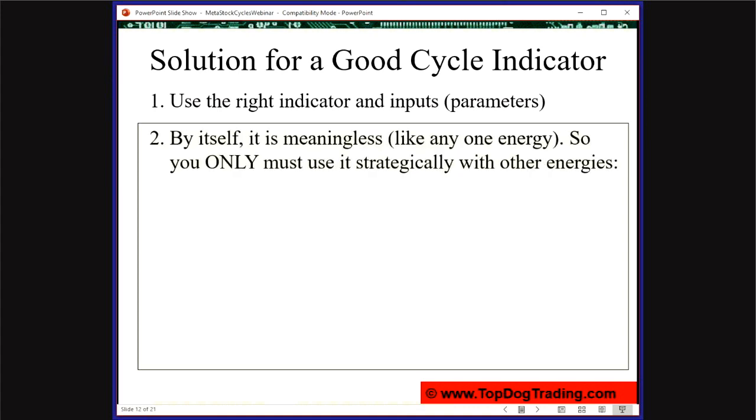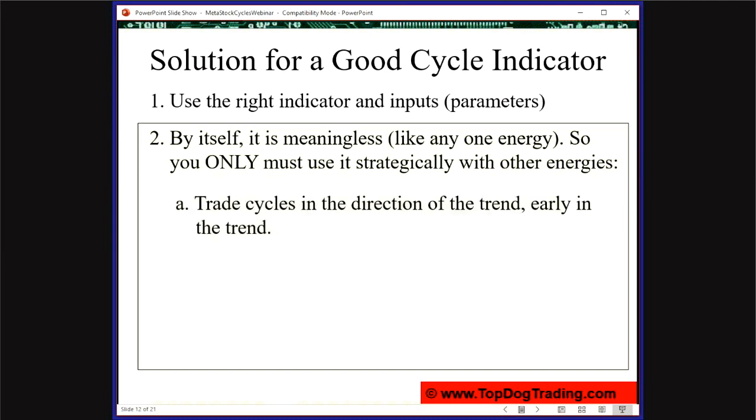Now, again, I got to really emphasize this. By itself, it's meaningless. Any indicator is meaningless by itself. The number 1 does not give you a probability scenario, but it is one piece of evidence, one piece of uncorrelated evidence. So that's why we use it, all right? But it's not a one-to-one correlation between using this modified indicator and making money. So we got to put it all together, right?